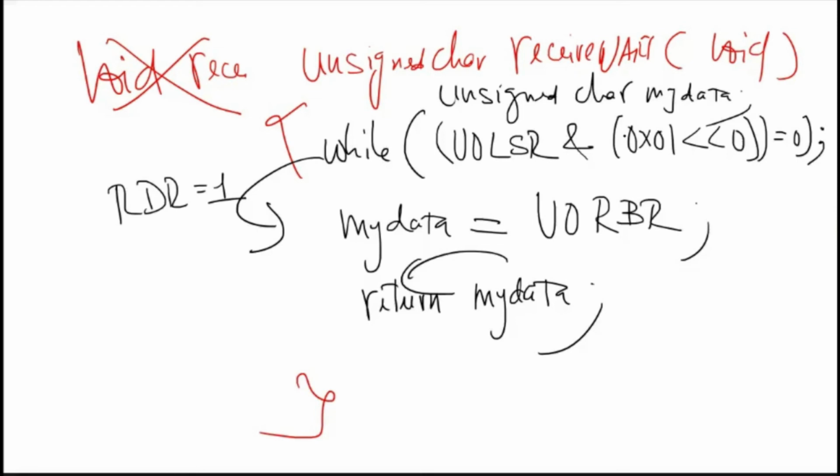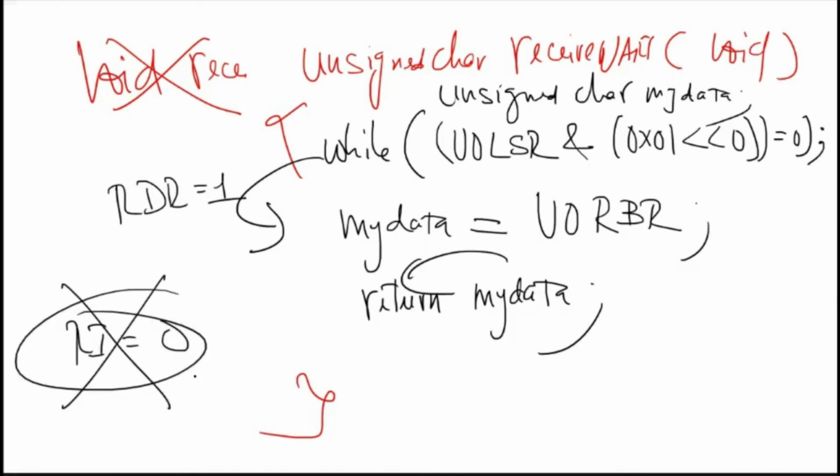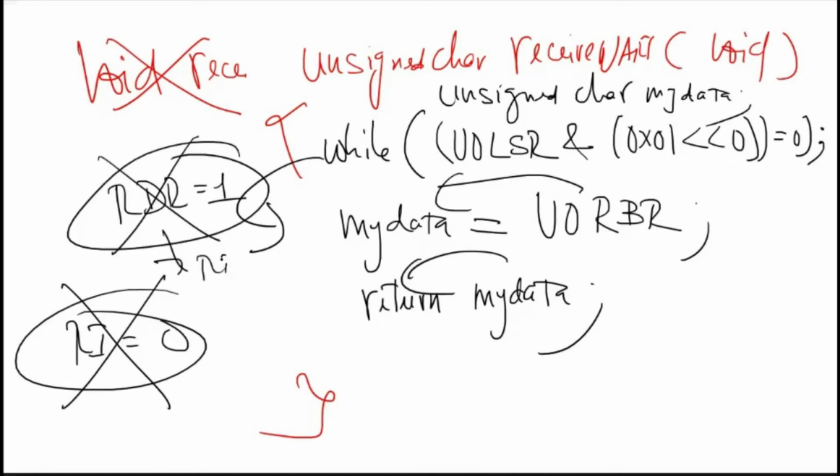Conceptually, it is very similar to 8051 programming. The only difference is that in 8051 we manually clear the RI flag, RI flag equal to 0. In this case, we don't do that, because the moment you read the value of UART0 receive buffer register into a temporary variable, the microcontroller automatically clears this to 0. So when you perform a read operation from the register, the microcontroller automatically clears that for you. You need not wait for it or manually clear it. So that job is taken away.